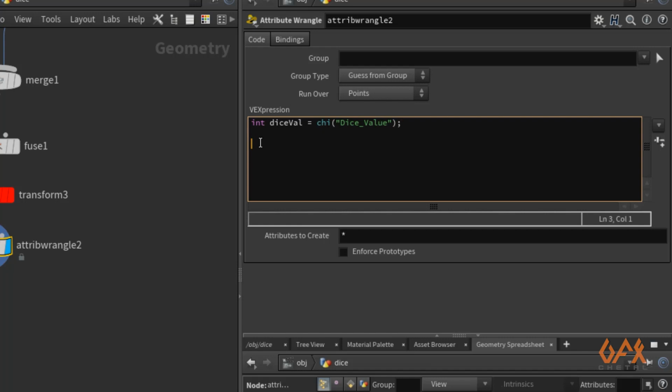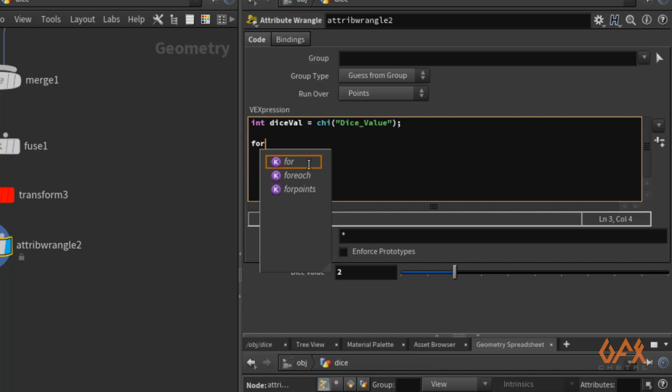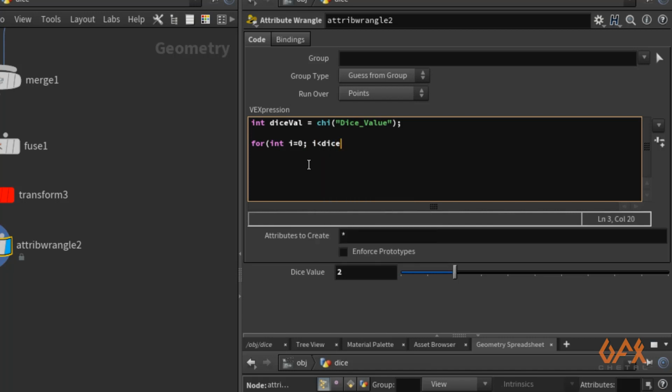Okay, now I execute this, and maybe over here I just write down 2. Now I write a for loop: for integer i equals 0, i is less than dice value, and i plus plus. In this for loop, I need to write one